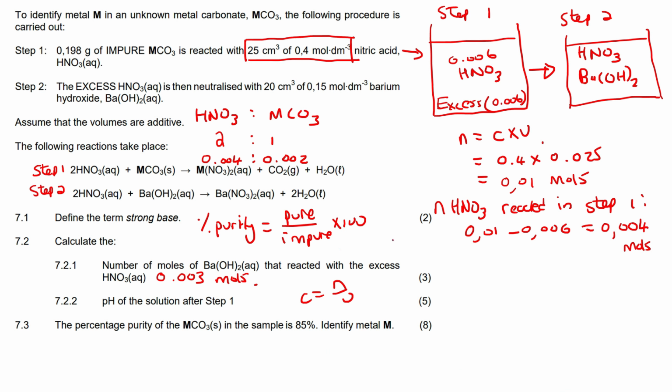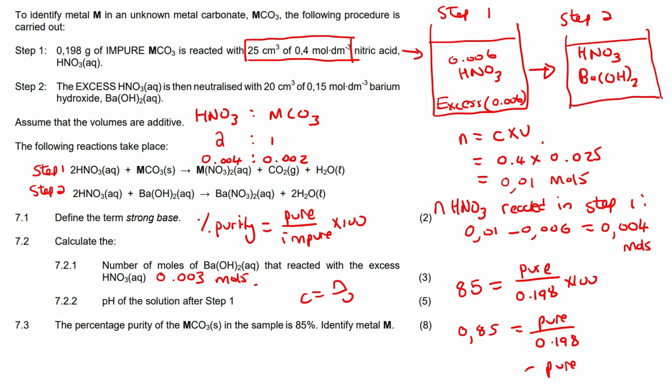So we could say that 85, which is the percentage, is equal to the pure stuff, which is what we're going to figure out, divided by the impure, which is 0.198, times 100. Okay, so I'm going to divide the 100 on the left, so you get 0.85, then take the 0.198 over, and we should end up with, don't round off, it's not a final answer, 0.1683 grams. So now we know,